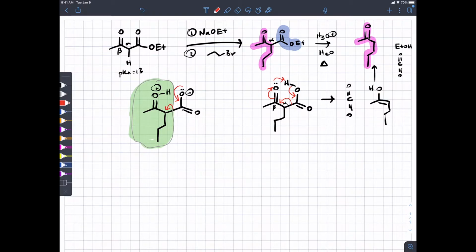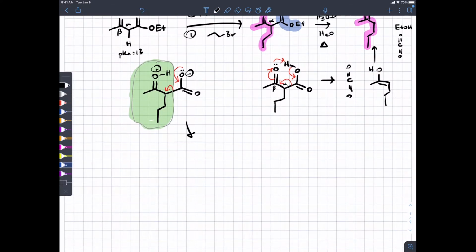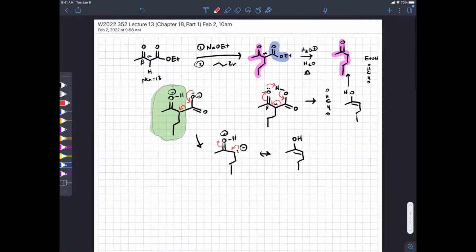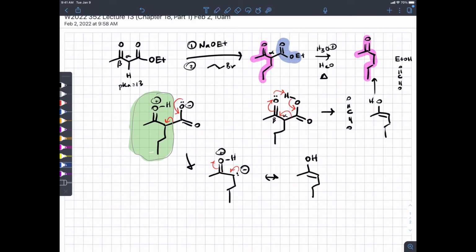So if we kick those electrons down and the portion in green leaves, the negatively charged carbon, that negative charge on the alpha carbon can be delocalized via resonance. Okay? So when decarboxylation happens, it's because there's something attached. You first have to have something here that you can turn into a carboxylic acid. But once you have the acid, you need some group attached to the alpha carbon that can stabilize the negative charge that's going to be left behind on the alpha carbon